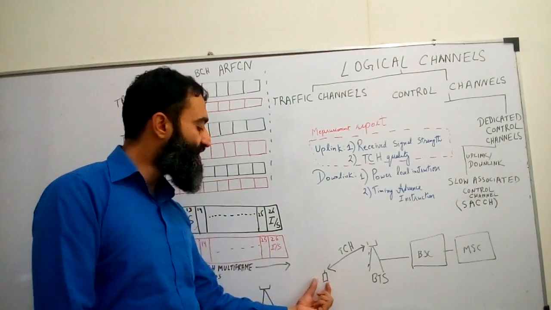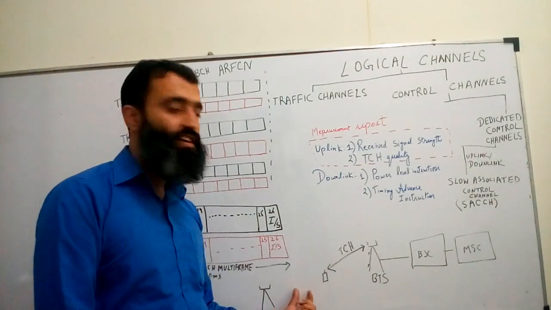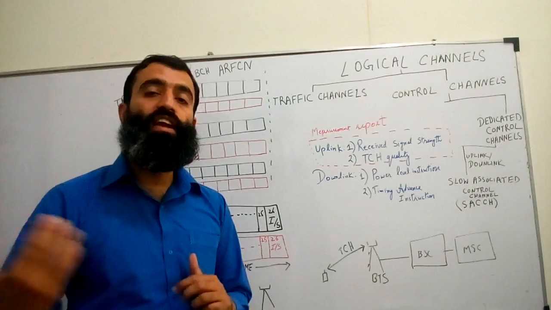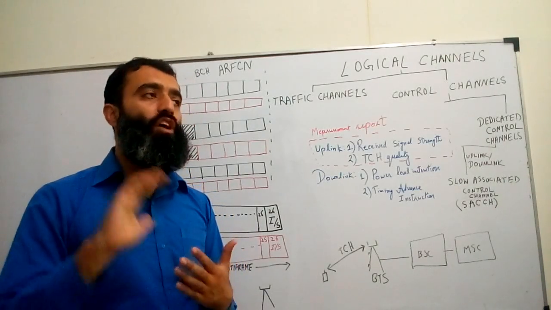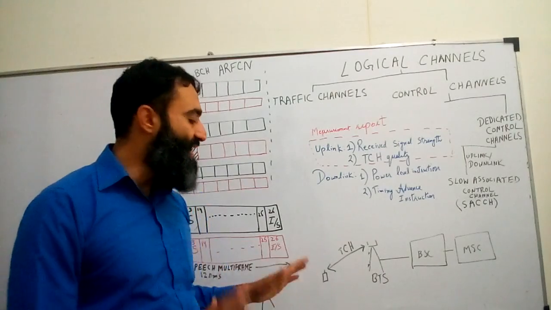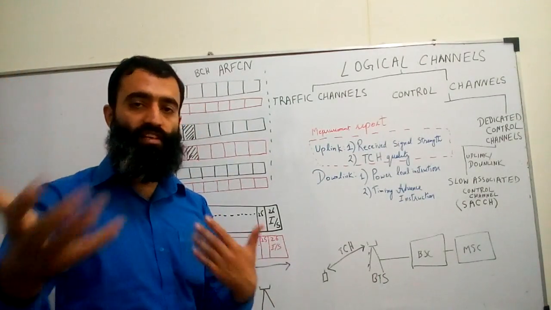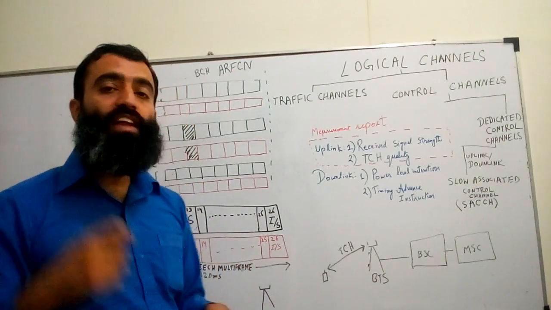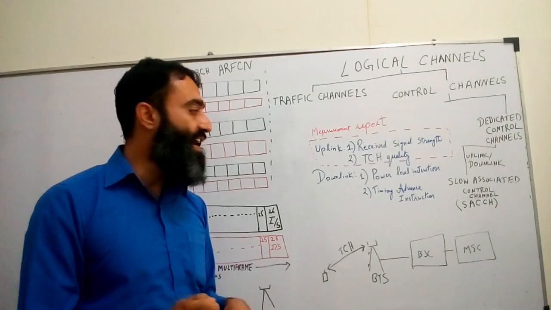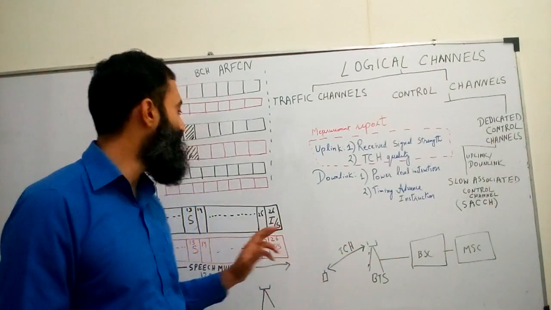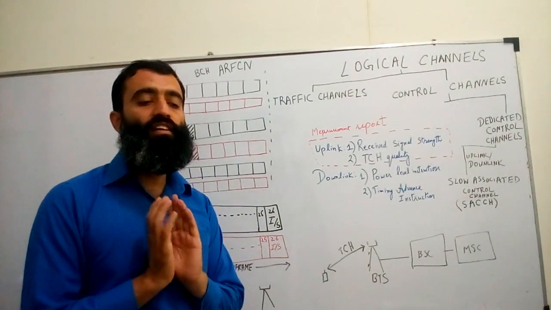But if a mobile station is far from the base station, it is possible that its communication gets delayed. So in order to properly synchronize the communication between the mobile station and the base station in the uplink direction, a timing advance parameter is transmitted from the base station to the mobile station,